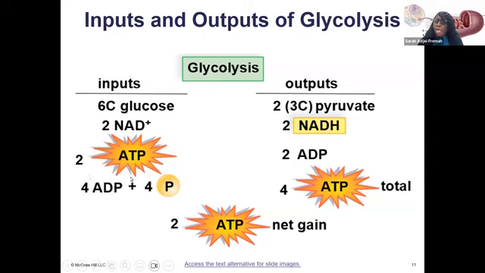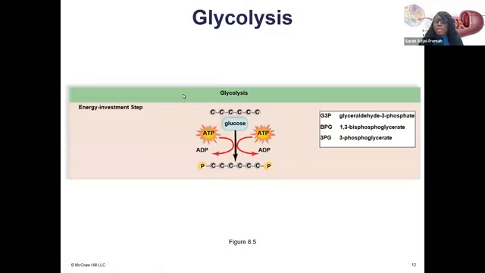And before we can break down glucose during the glycolysis process, we need to invest energy to energize the glucose molecule so that we can split it or break it down. So you energize glucose with 2 ATPs and you end up producing 4 ATPs. But when you think about the net energy of ATP, you end up with 2 ATP as a net gain produced during the glycolysis process. So in the glycolysis process, we are first investing 2 ATPs, and that is going to